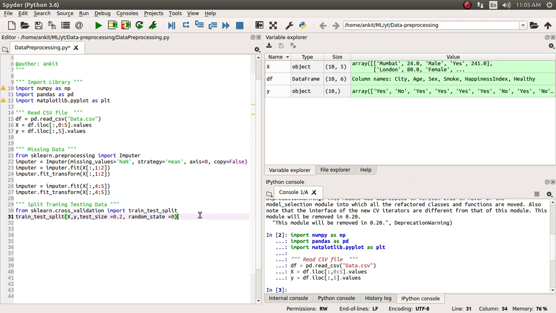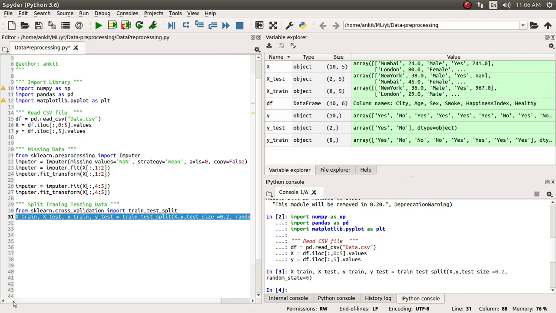So we need to assign this to X_train, X_test, y_train and y_test. It will return us the 4 variables. Okay, so let's just run it, and whatever the 4 variables it creates, let's examine them.